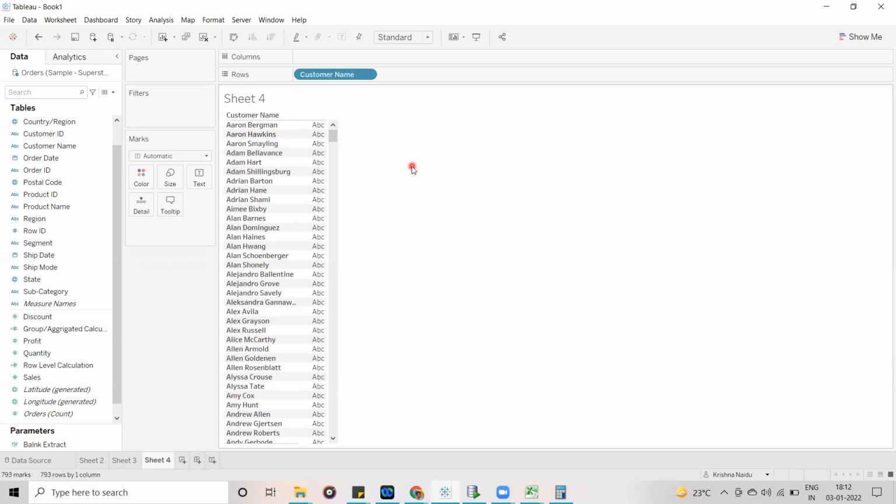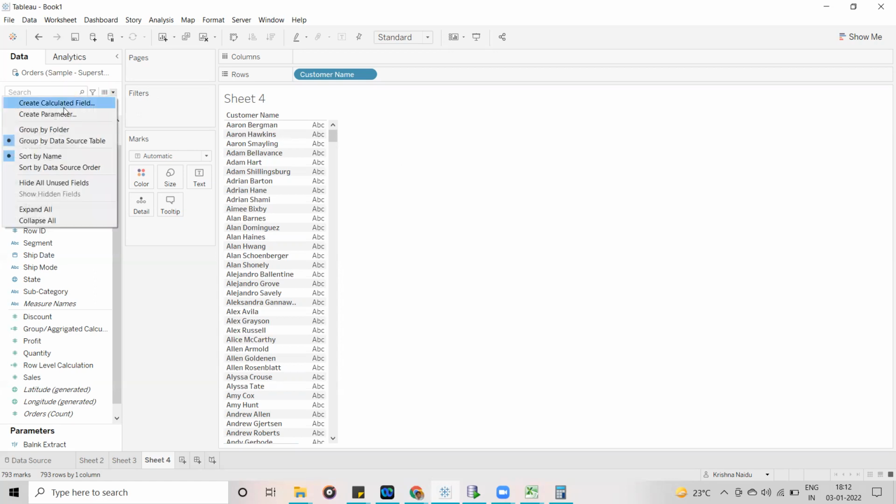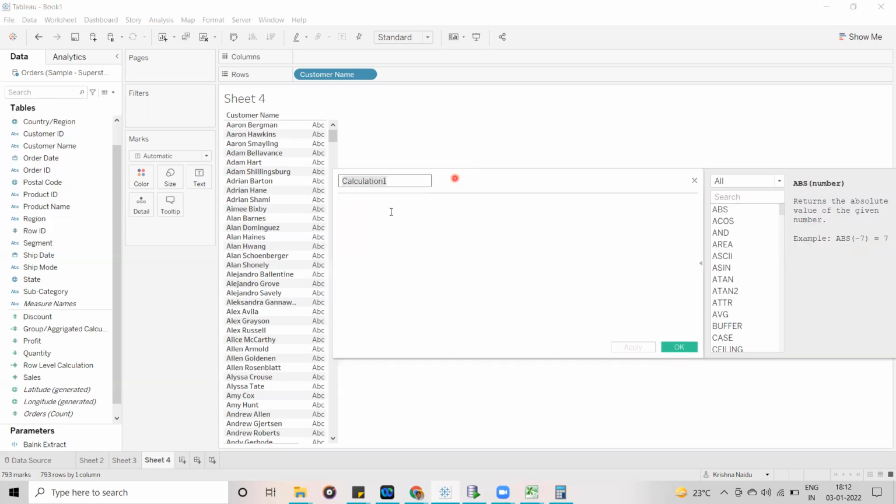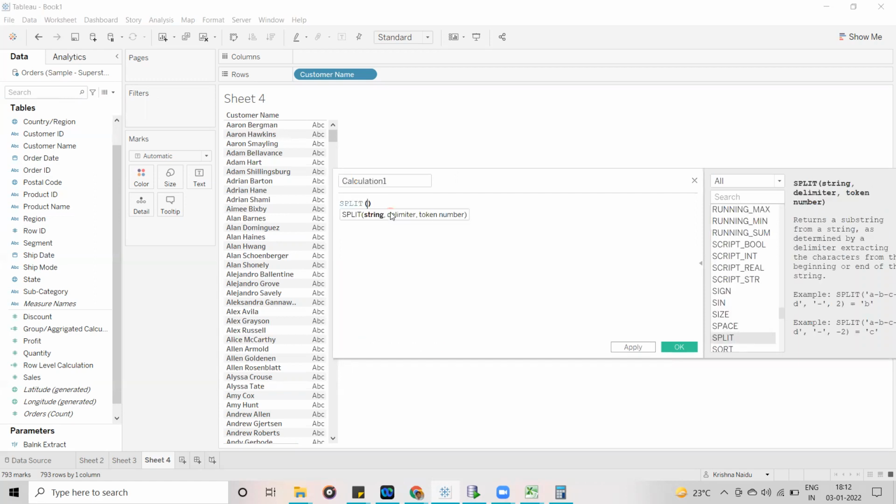Let me show you. I am going to use a calculation field and use split. Split of string customer name, and the separator here is the empty space, then comma 2.